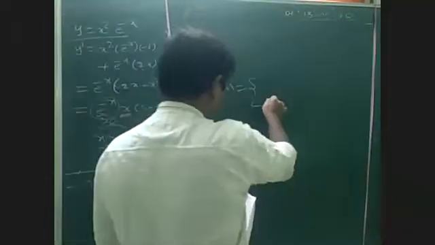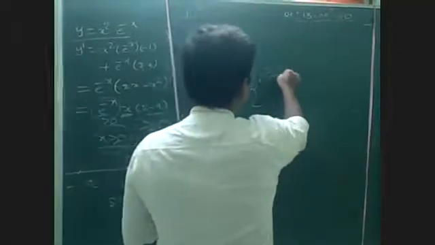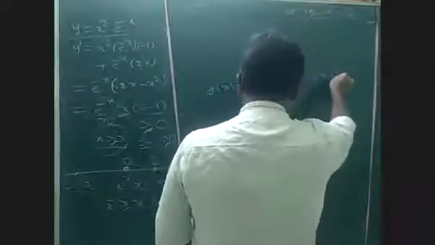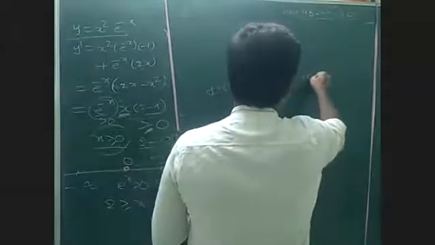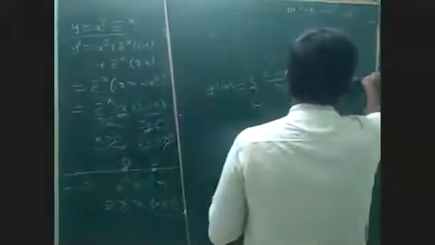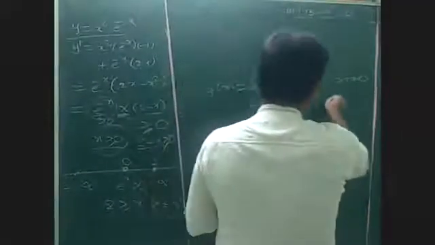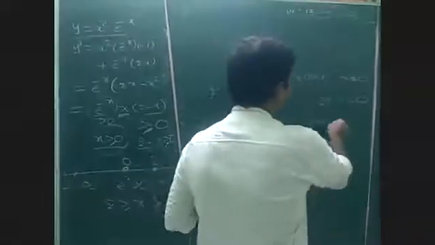Yes, sir. Objective question. Let us see the first question. Sin x by x, x not equal to 0, plus cos x. Yesterday I sent the objective question. If x not equal to 0, and k if x is equal to 0, is continuous at x equal to 0. Clearly they are given continuous at x equal to 0, then find the value of k.